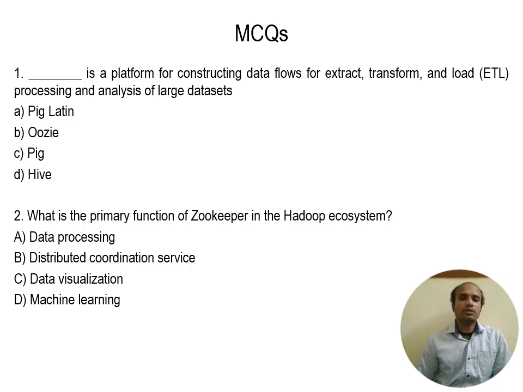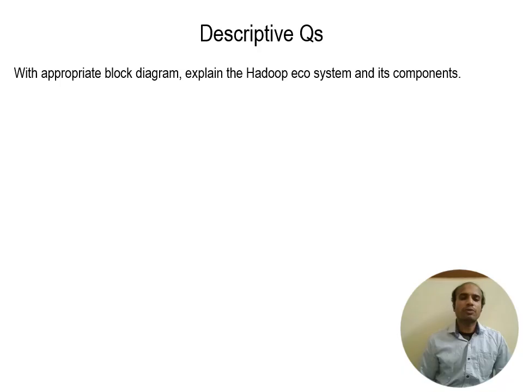So let us move on to the next section, the descriptive questions. So we have understood what the different modules of the Hadoop ecosystem are. With an appropriate block diagram, explain the Hadoop ecosystem and its components. We've been seeing various components of the Hadoop ecosystem. So we can take a pen and paper and review the time. So we can go ahead and start